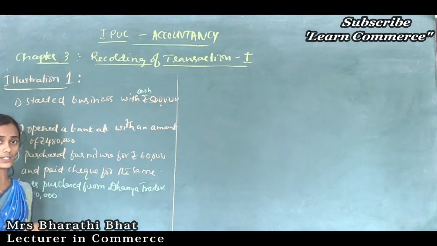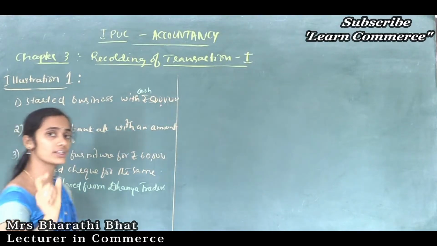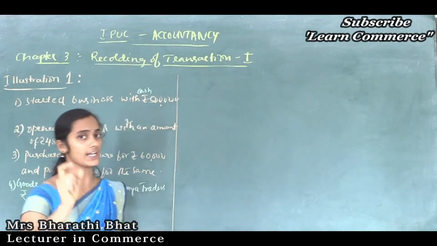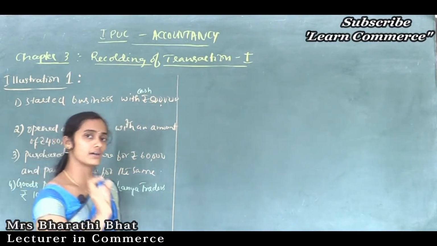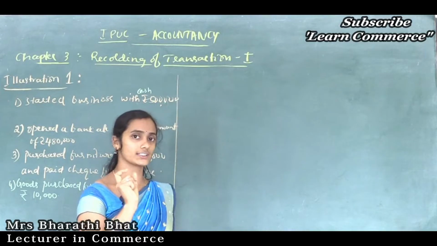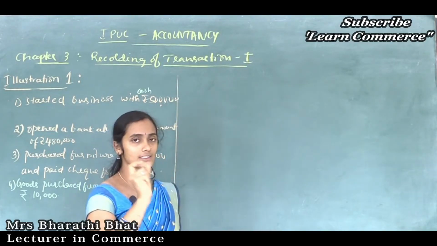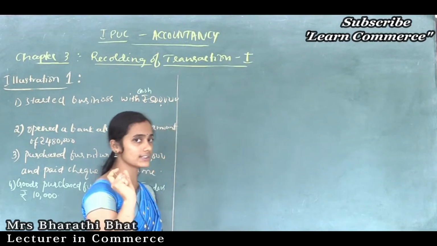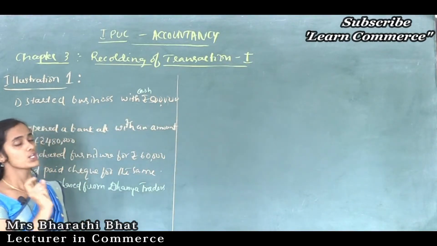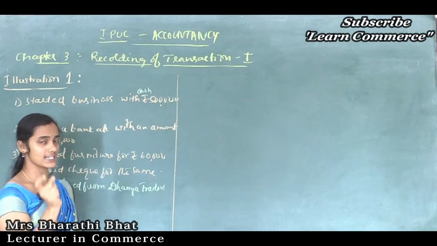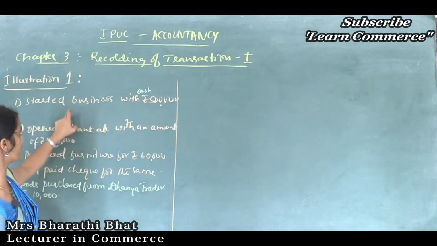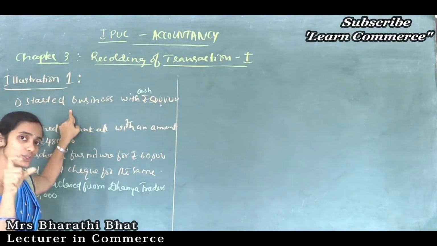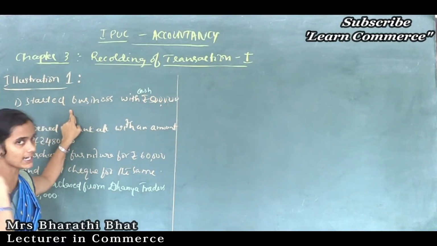Say for example, now we know what assets are, and we can differentiate the liabilities. Assets are the buildings, furniture, other equipment, motor vehicles, cash at bank. These are all considered as assets. So we can differentiate assets and liabilities. So first you should classify the two accounts. You should identify the two accounts involved in a particular transaction.